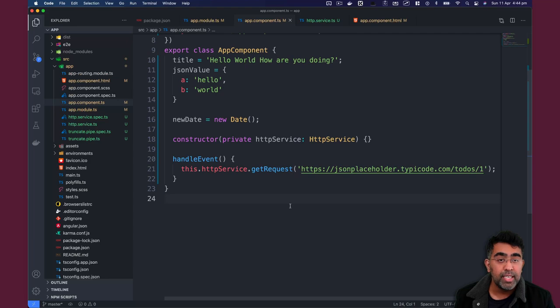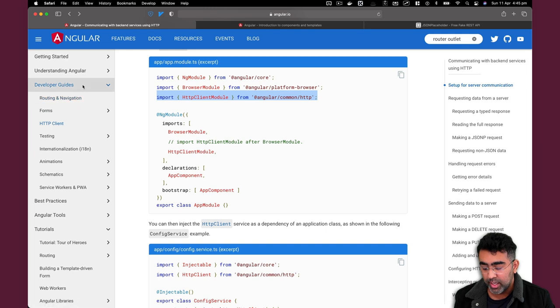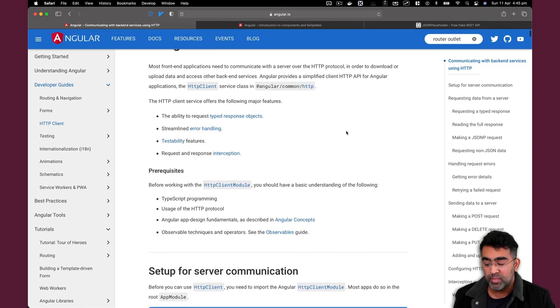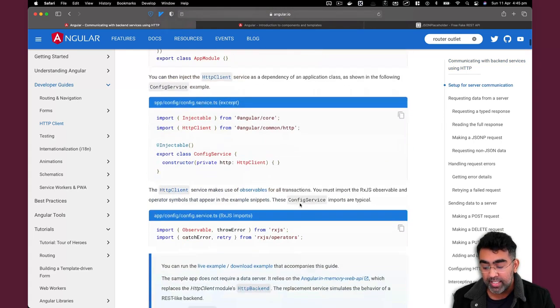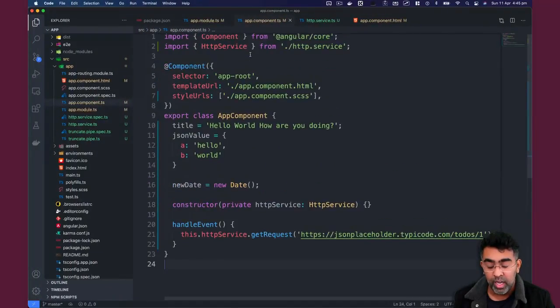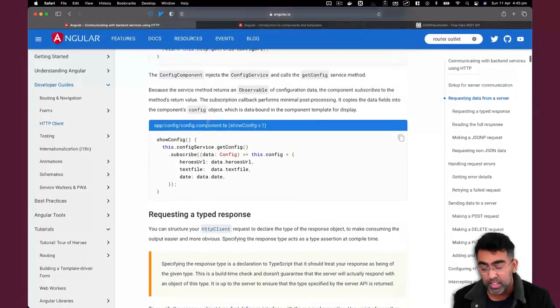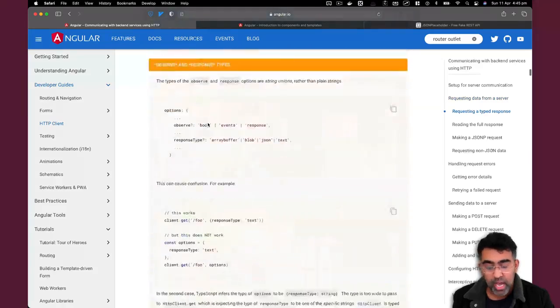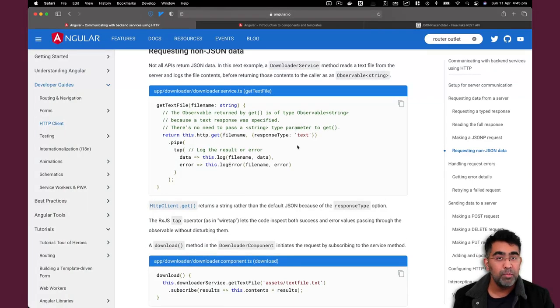Let me take you to the HTTP client documentation. If we go to Angular documentation, you have to go to developer guide and go to HTTP client. Click on that, and this will give you all the information about HTTP client module. So HTTP client module is going to export HTTP client service that we used in our code. And HTTP client service will have some functions like get, post, update, delete, and we've seen that. So I would like you to go ahead and read this documentation,